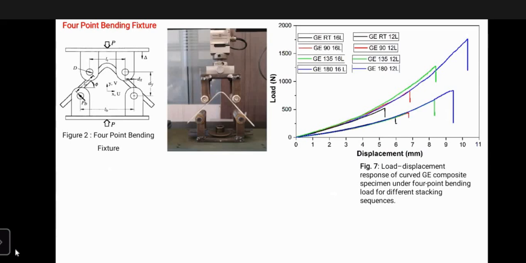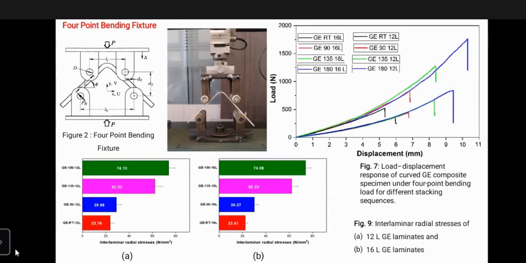The composites with 16 lamina have higher stiffness compared to the 12 lamina composites, and the interlaminar bending strength is determined from this. The load for the initial delamination of the L-bend is given in the figure. As we can see, the thickness doesn't have any effect on the interlaminar radial stress. For example, the laminates cured at room temperature with 12 and 16 lamina almost have the same interlaminar radial stress, and the state of residual stresses also doesn't have any effect on the bending strength of